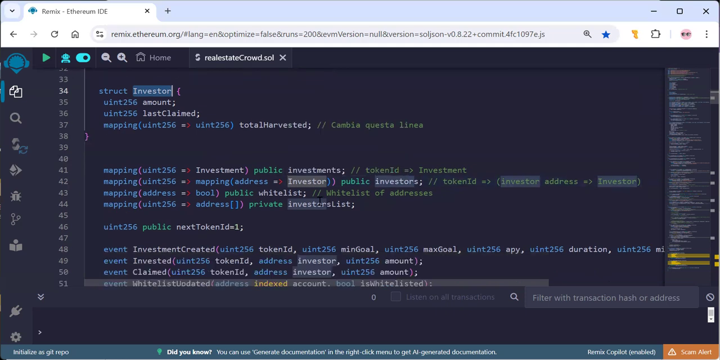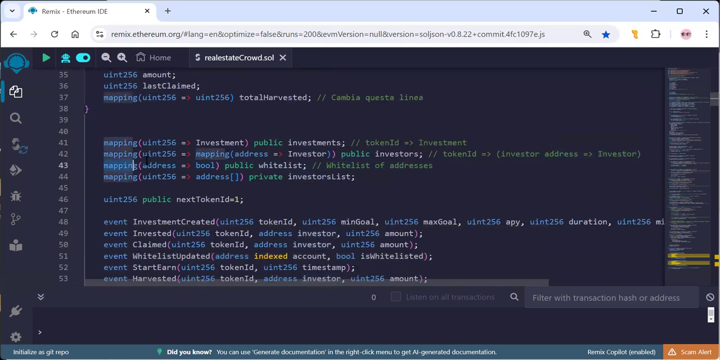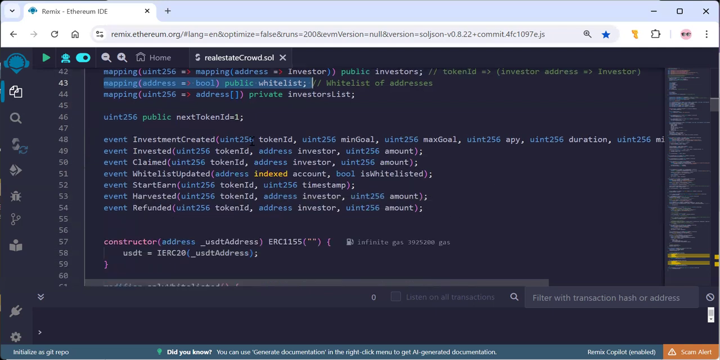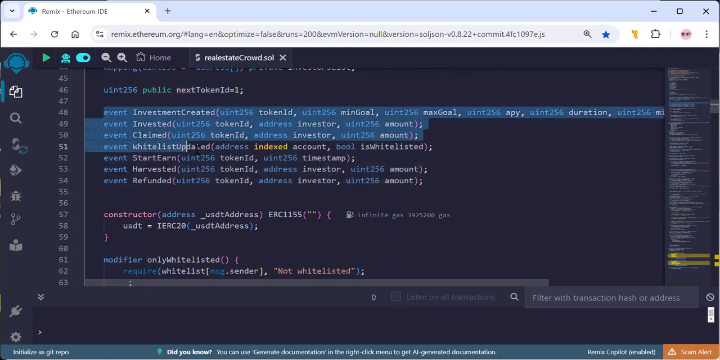Then we have other mappings. The most important one is the whitelist, because only whitelisted wallets can do the investment. It means that they need to do the know your customer procedure on the website. After that, their address will be added to the whitelist. Next, the token starts from 1. And here we have the list of the events,